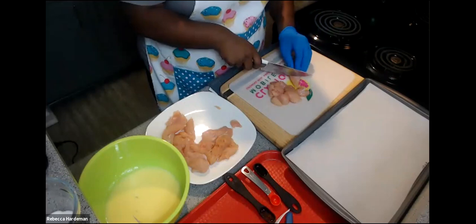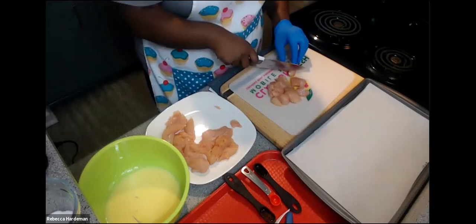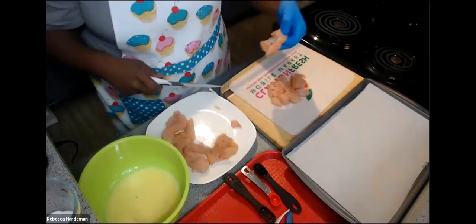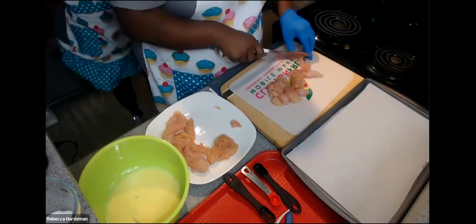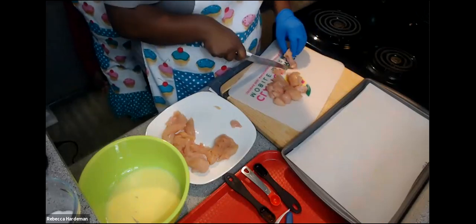If you watched a Facebook video, I have yet to try it yet. Oh, it works perfectly. Good to know. Just make sure your chicken hasn't been sitting out. You want it right out from the refrigerator so that it's kind of firm, and then it's perfect. All right, so as soon as I get these cut up,